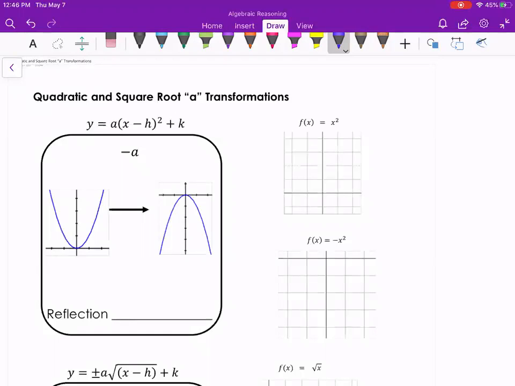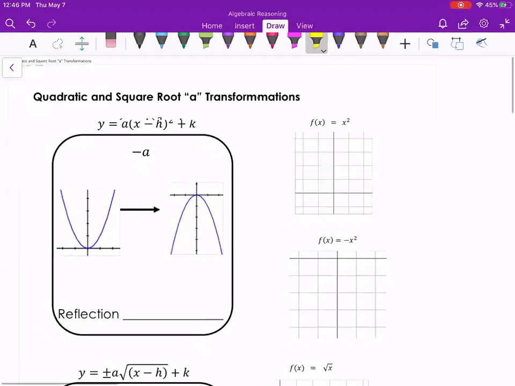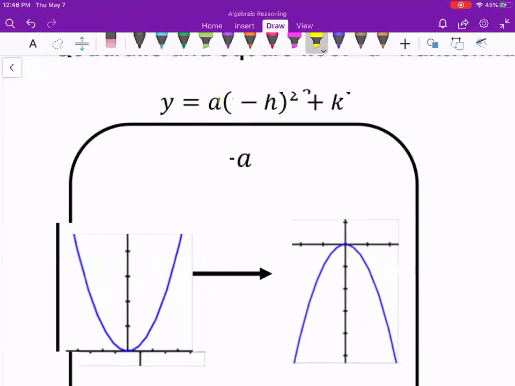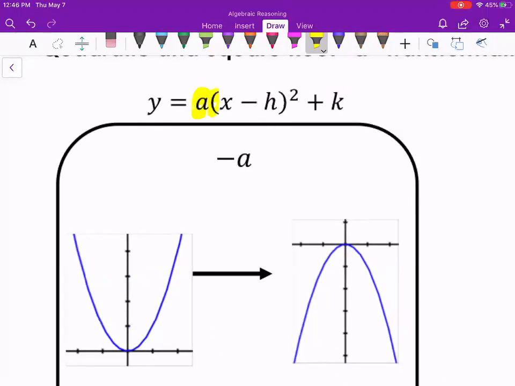All right, so let's take a look now at our quadratic. We'll start with that one like we did with the other videos. Again, all I care about is the A value. Okay, all I care about is that A. So right now with our original parent function that we have here, when A is positive,